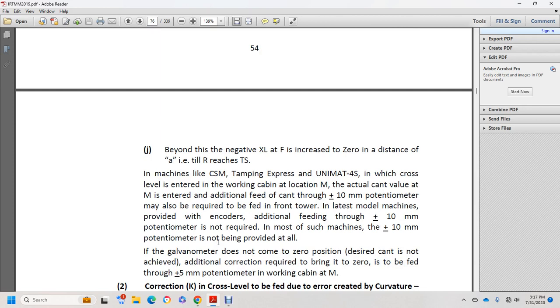for the working cabinet location M with the actual cam value, the M of the jump of the additional feed down with the cam, with the plus or minus 10 millimeters per diameter, may also recover the feed with the front side of the latest model machine, which provides additional feeding of plus or minus 10 millimeters per diameter. Not required much of the machine. If the plus or minus 10 millimeters per diameter is not provided at all, with the goblet meter, the zero position desired cat cannot be achieved. With additional correction required to bring it to zero, fed through the plus or minus 5 millimeter per diameter